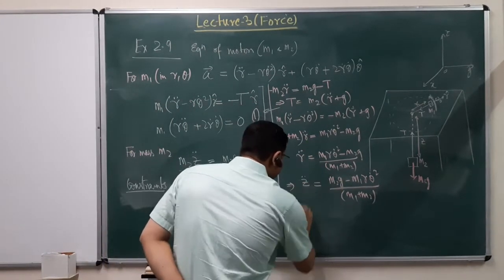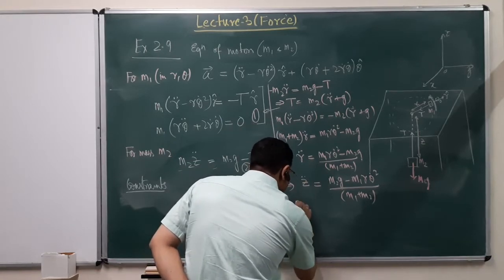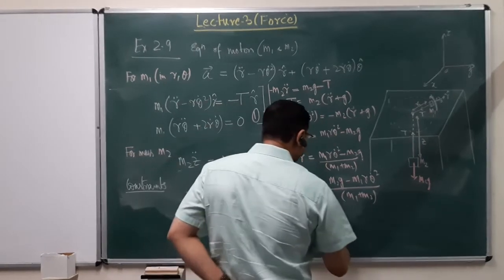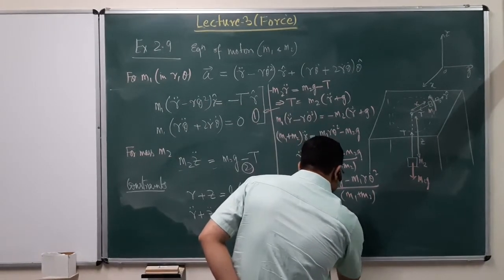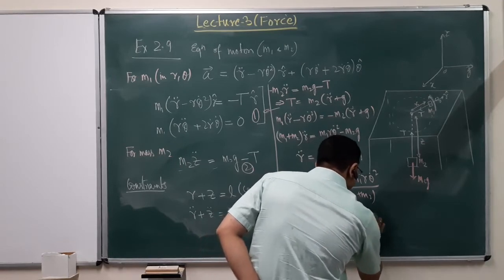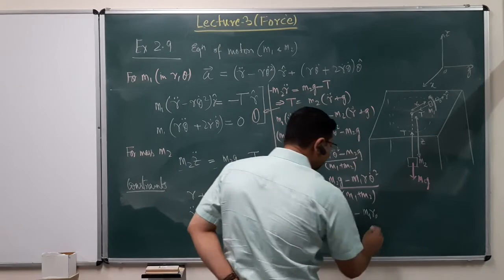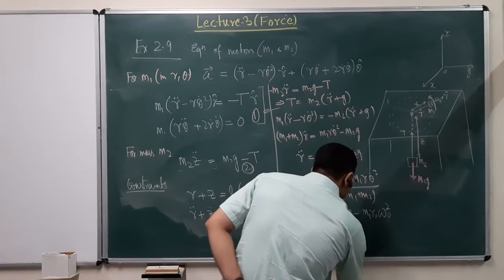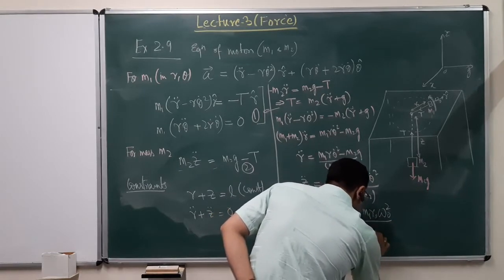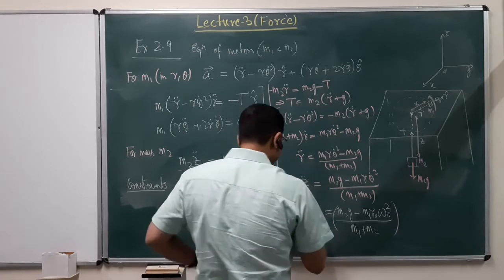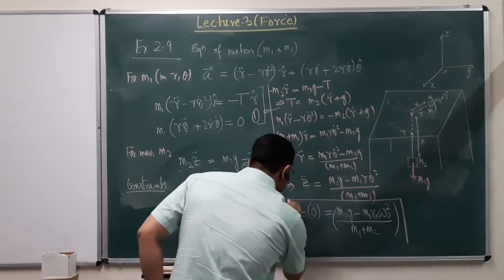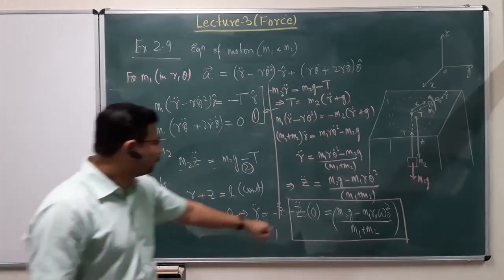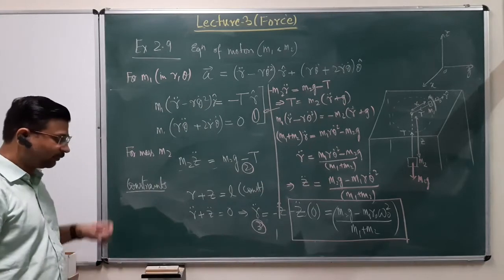However, what we can say is, initially at t equal to 0, when the system is actually released from the initial conditions, we can write z double dot down as (m2 g minus m1 r naught omega naught square) over (m1 plus m2), where r naught is the given initial distance and theta dot is simply omega naught. So then this becomes the instantaneous acceleration of mass m2 at t equal to 0, and similarly you can find out the instantaneous acceleration of mass m1 at t equal to 0.